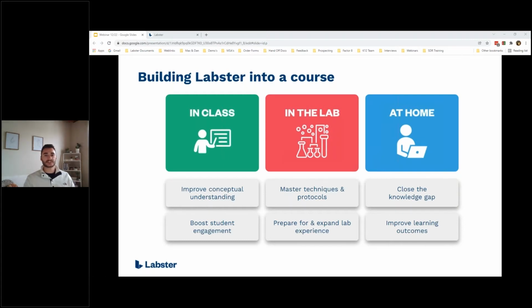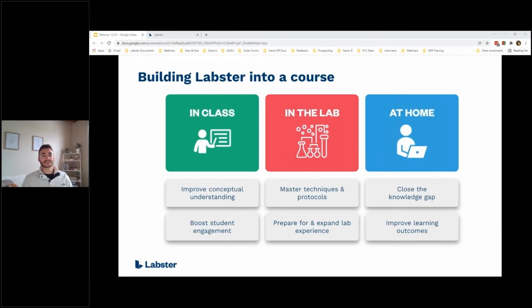So just to mention a brief background on us, we were actually developed by scientists and educators in 2012 at the University of Copenhagen. Now, our co-founder was a PhD student at the time, and he was in charge of all the introductory labs. And very similar to most clients today, he found that some students were disengaged, unprepared, that there were some significant knowledge gaps in the classroom, and that's what led to the original development of Labster.